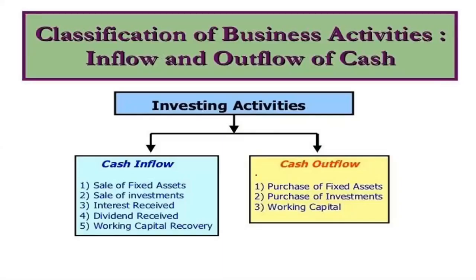Cash inflow from investing activity can be sale of fixed assets, sale of investment, interest received. That means these are inflows due to investment activity. A firm is investing some of its amount somewhere so as to earn profit in the long run. Okay, so we are doing this as investment. Outflow from this can be purchase of fixed assets, purchase of investment. So these activities are related to cash invested somewhere.